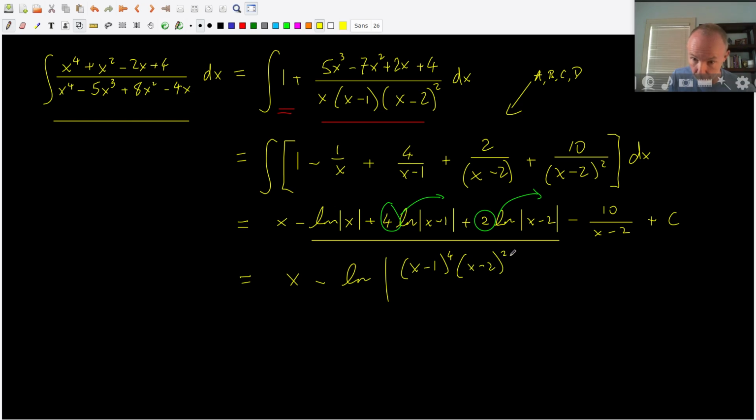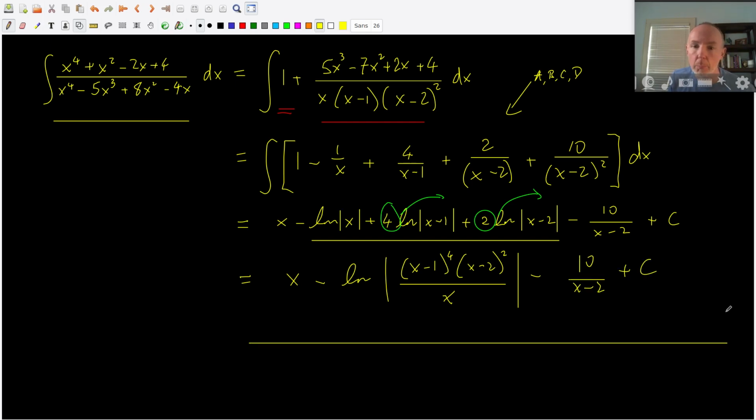These are even powers, so the absolute value is not doing anything anyway. And then I'm dividing by that x there, because I'm subtracting log of x, and then I've got the other terms. So I don't know whether that's any simpler, but you might see it written in the book that way, because I'm just using the log laws to move the powers up and then combine the different terms. All right, so this is a pretty complicated problem, but in this one problem,